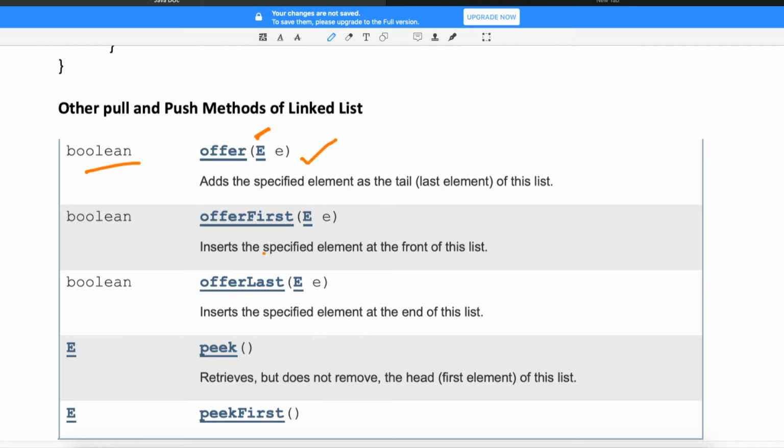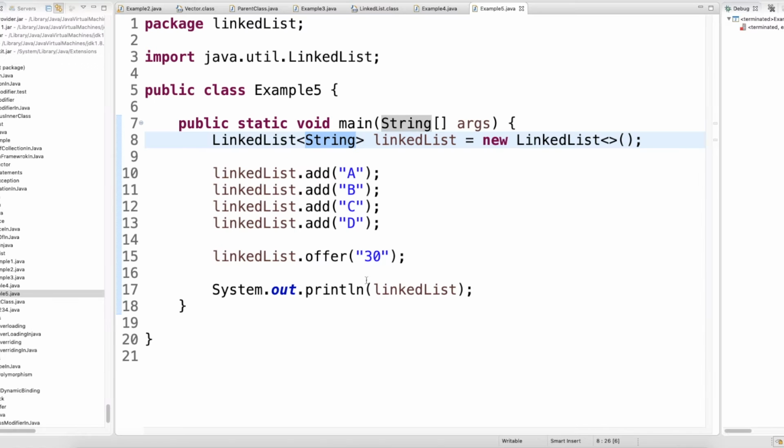Then there is a method called offer first. Offer first inserts the specified element at the front of the list. It again takes the object type, and the return type is again boolean. So you can try the same thing here.